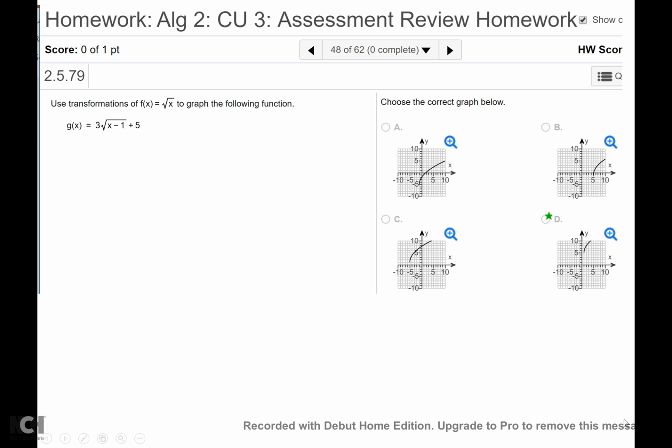Alright, use transformations of f of x equals the square root of x to graph the following function. I don't know, we did square root functions. Alright, the square root function, to do this one, the square root function mother is right here. Okay, so if we look at this, if I get some ordered pairs for mother,